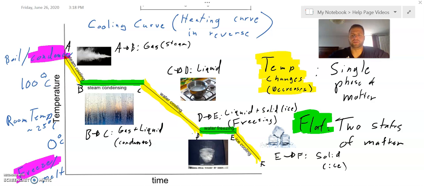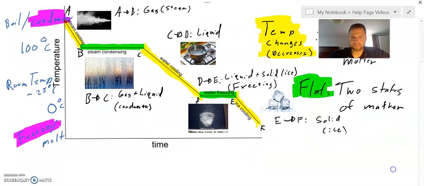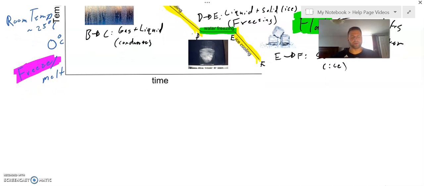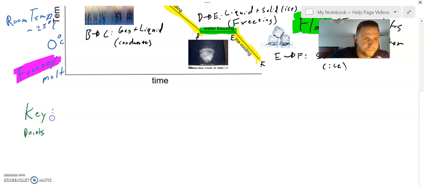So if there's one thing I could really leave you with here today, as a conclusion or a synopsis, here's what we're going to write, and this definitely you want to have in your notebook. So here are some key points that you really need to know. We're going to have two of them. So here's what key point number one is going to say. If there's an incline or decline